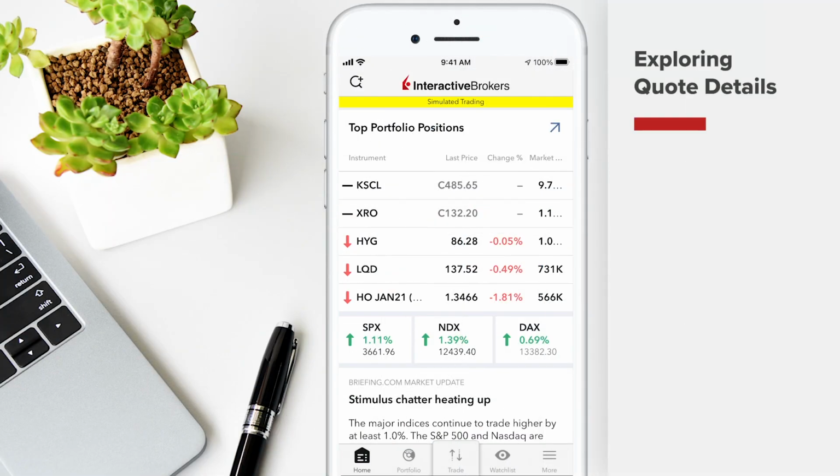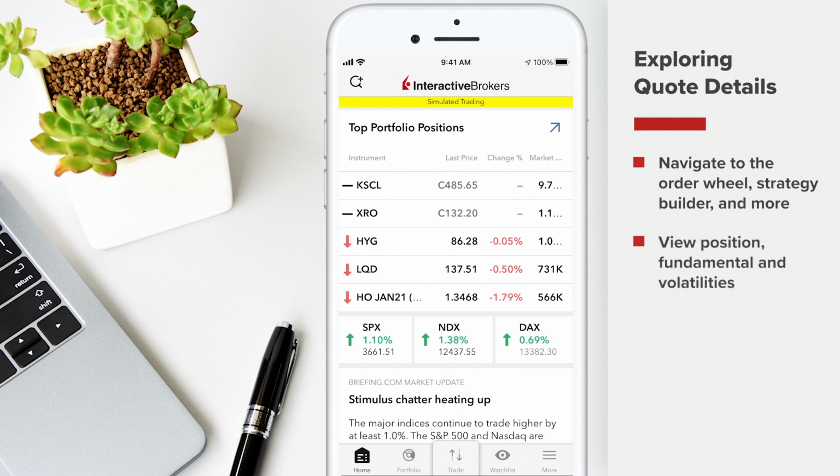IBKR Mobile Quote Details screen displays in-depth data in a customizable chart for a selected instrument. In this lesson, we'll show you how to navigate to the order wheel, strategy builder tools, and more, view position, fundamental, and volatilities for the selected instrument, plus show you the recent features that have been added to the quote